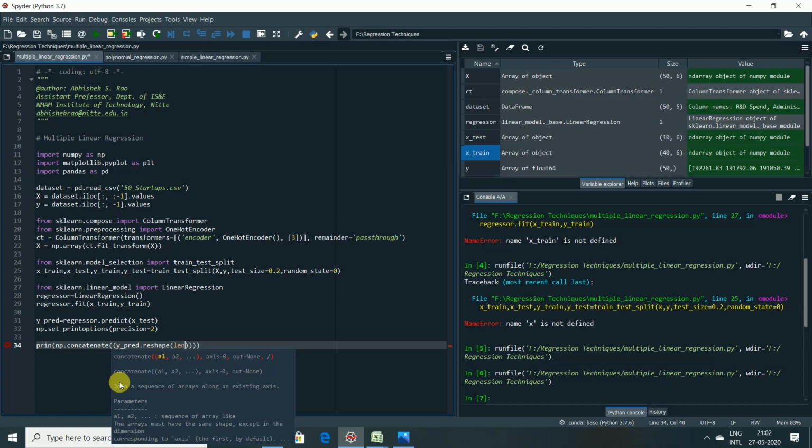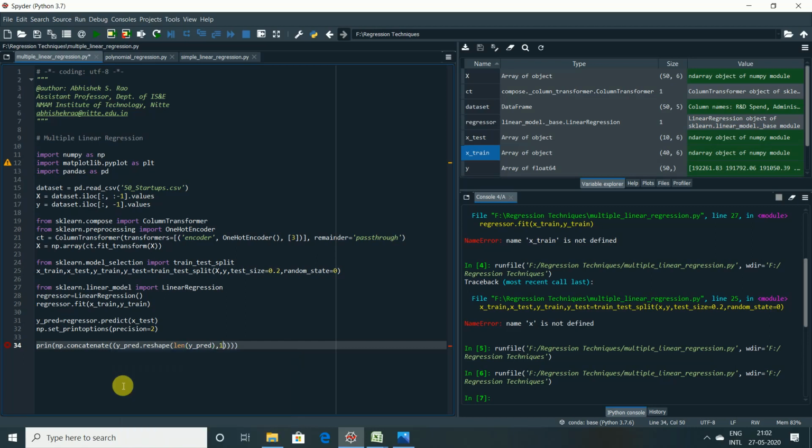Reshape of the length of y_pred, which I do it here, comma 1. I'll close this.